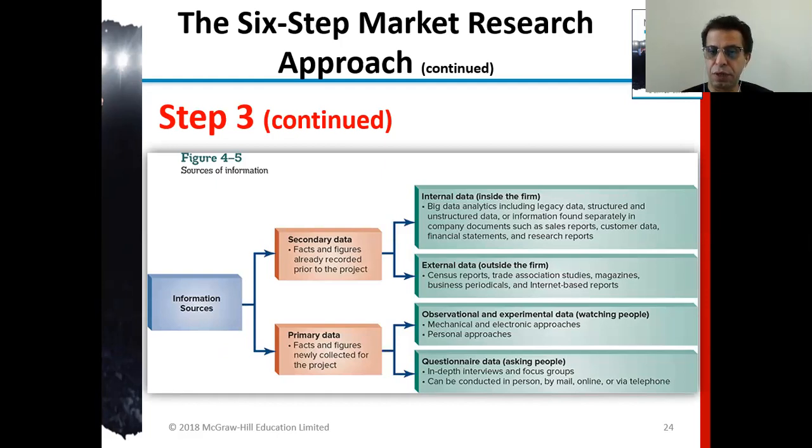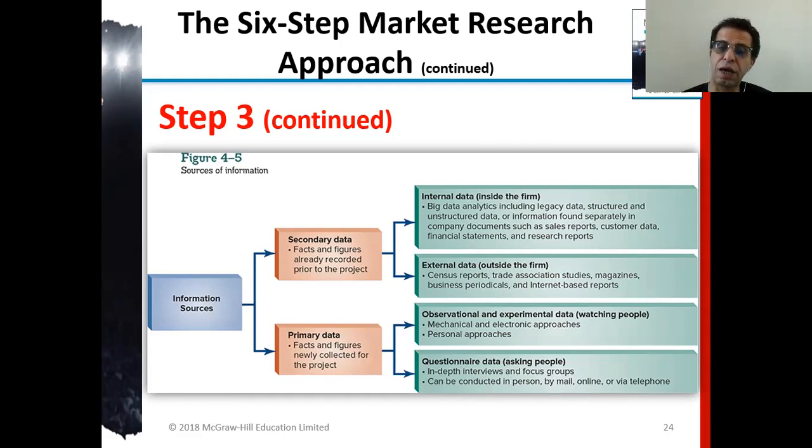On step 3, when we have the information resources, we do secondary data first because it's cheaper and easier to access. And then if it's not enough, we do the primary data. So there are 2 options: we do secondary data, and if it's not enough, we do primary data. But sometimes the secondary data can let you know that you need primary data.